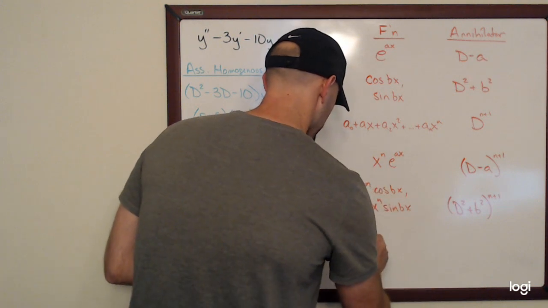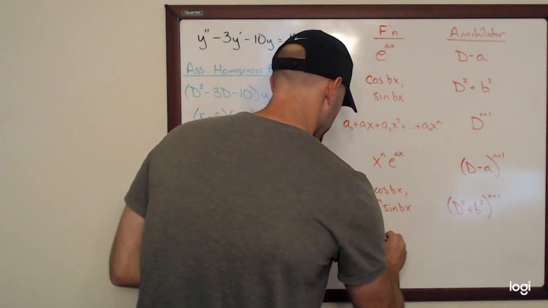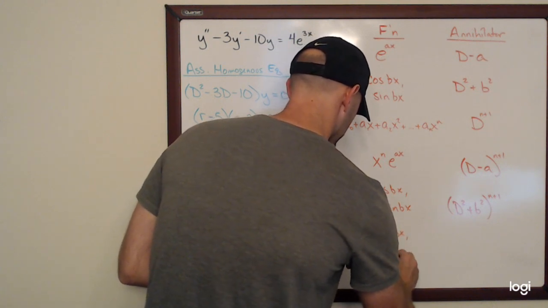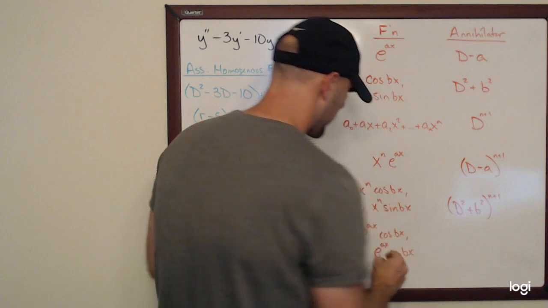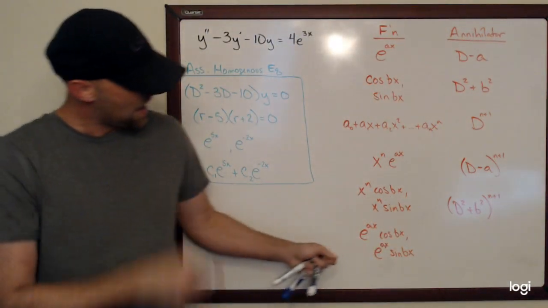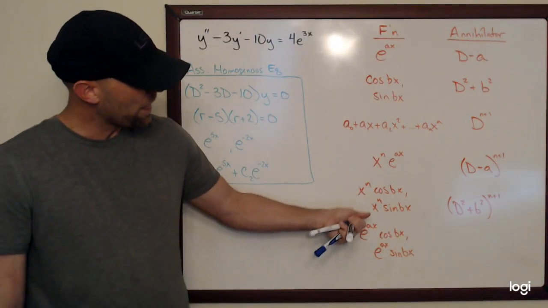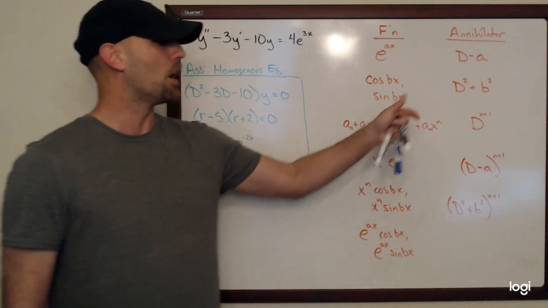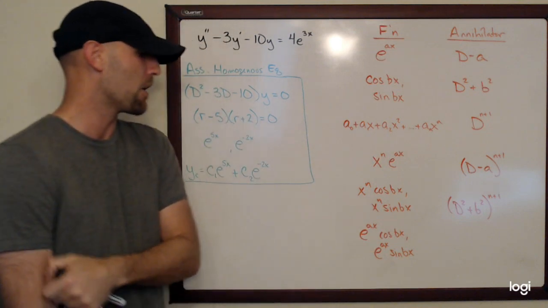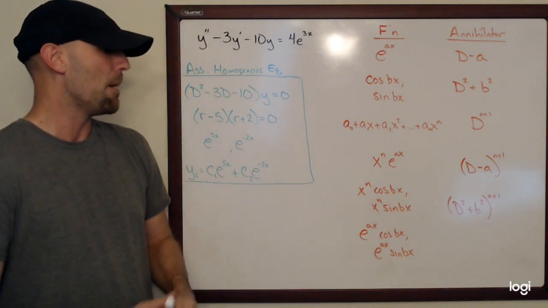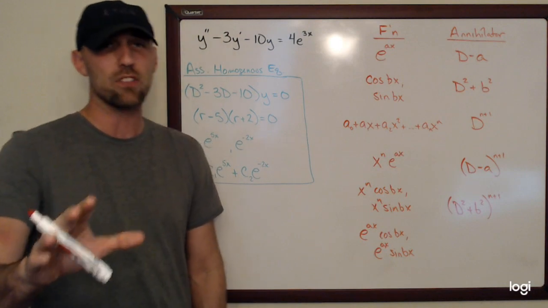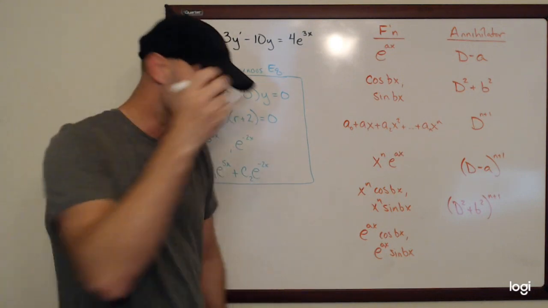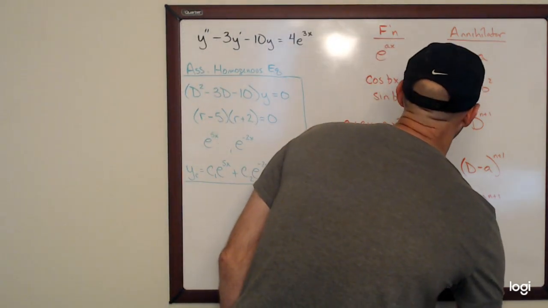Okay, here we go. So if I have e^(ax) cosine bx and e^(ax) sine bx, the only real difference here is that I'm looking to create the roots a plus or minus bi, but again, I need those from a real valued polynomial. I don't want complex valued polynomials. So the real valued polynomial, which has both a plus bi and a minus bi as its roots, here's the annihilator, it's